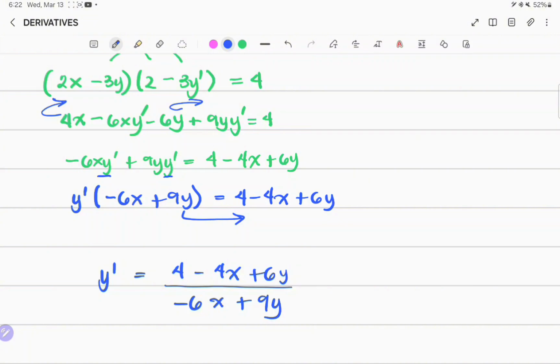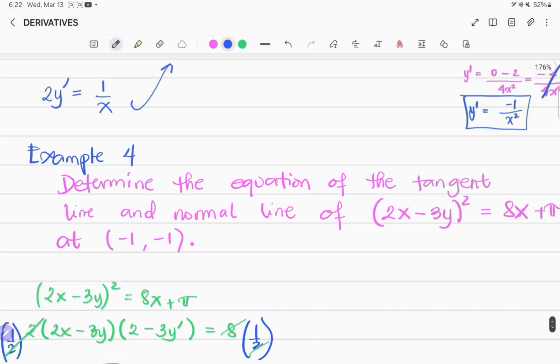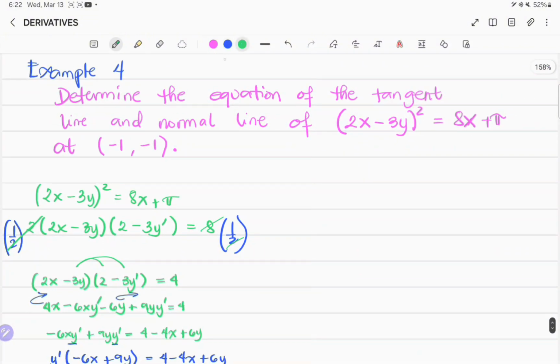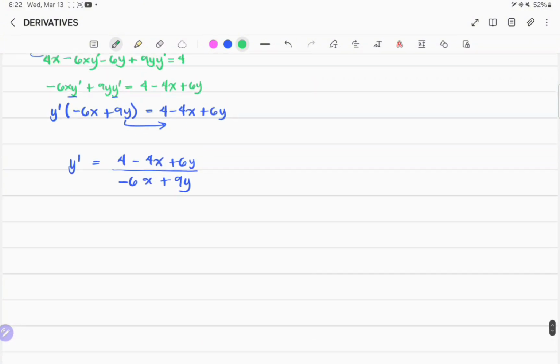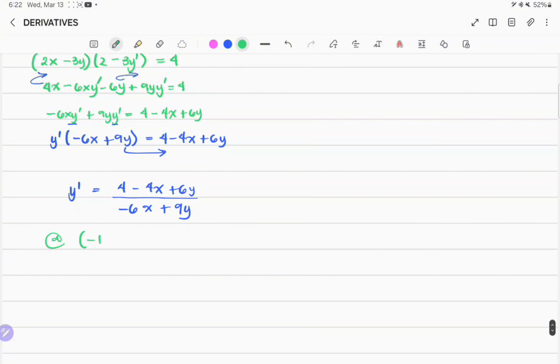So this is the formula of y prime which we could use in order to determine the slope of the tangent line, and therefore we can now find out the slope of the normal line and the equations of the lines. So at negative 1 and negative 1, the slope of the tangent line is equal to the value of the y prime where the coordinate negative 1 and negative 1 is